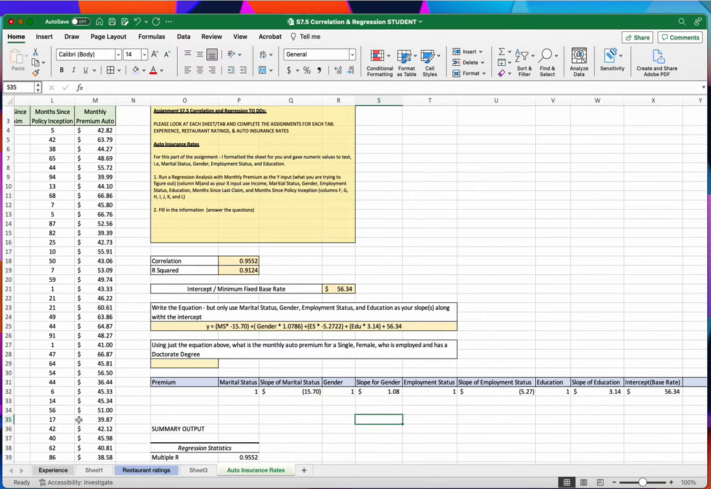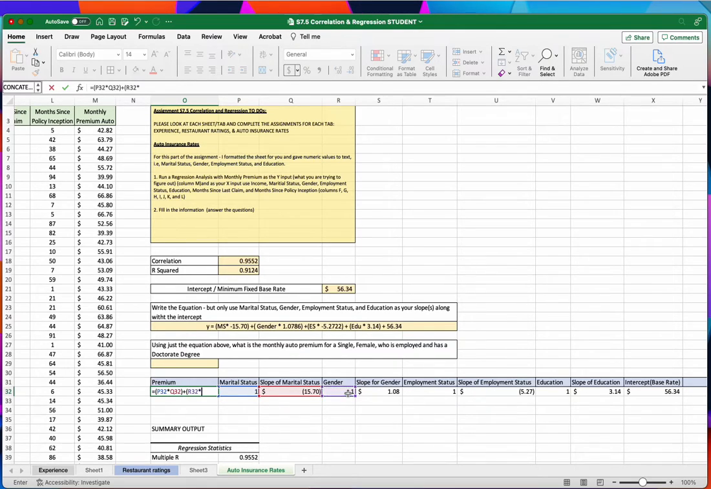And these are the things that I can change. So my premium, using the equation that we just built: what is the monthly automobile premium for a single female who's employed and has a doctorate degree? So this equals, and single is my marital status right there, multiplied by the slope of my marital status. And then add that to